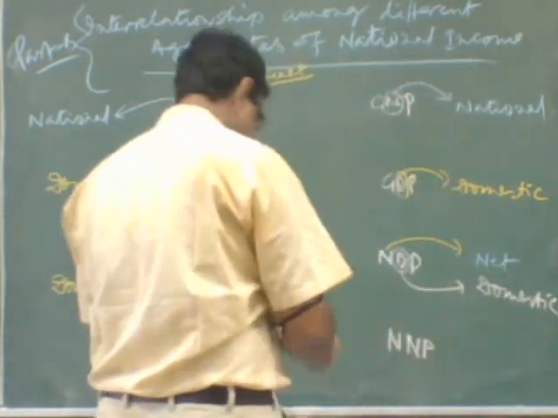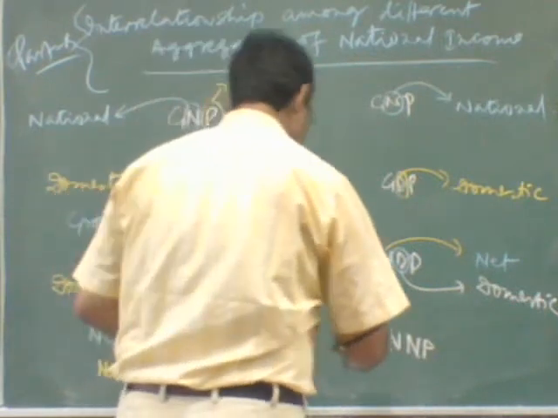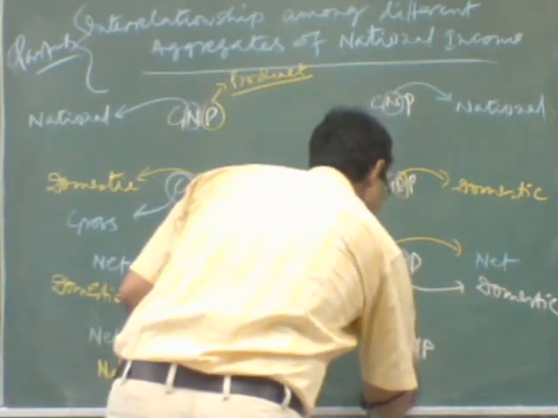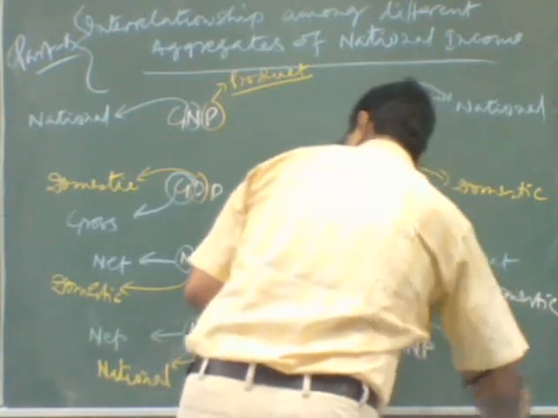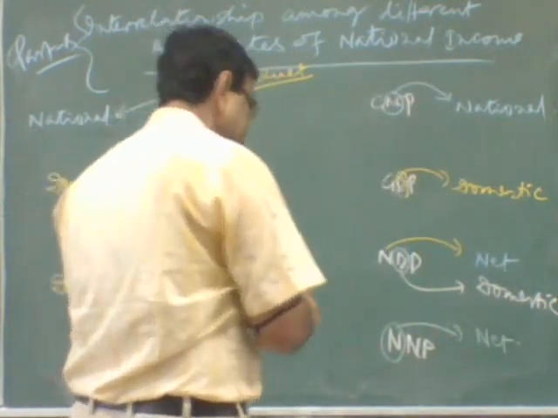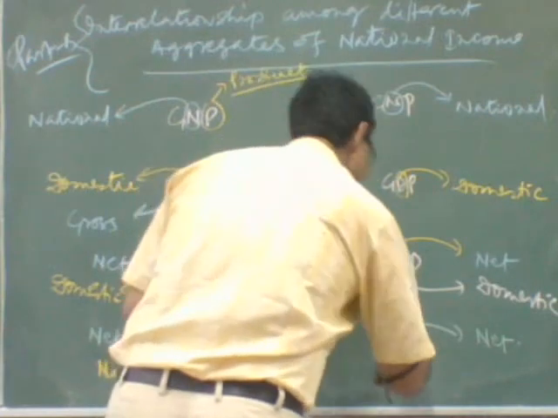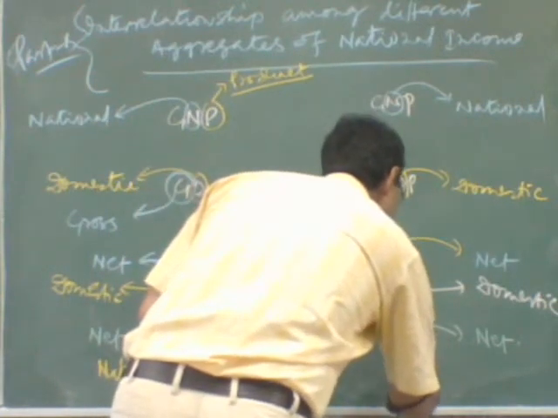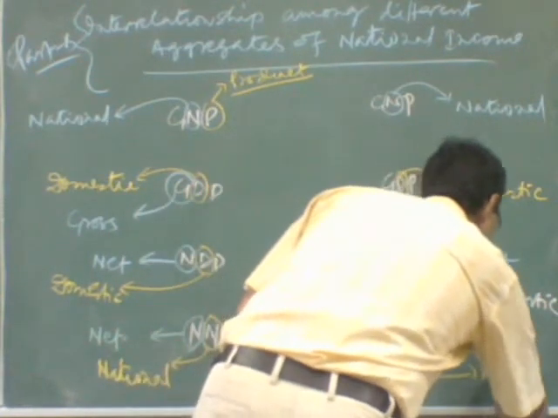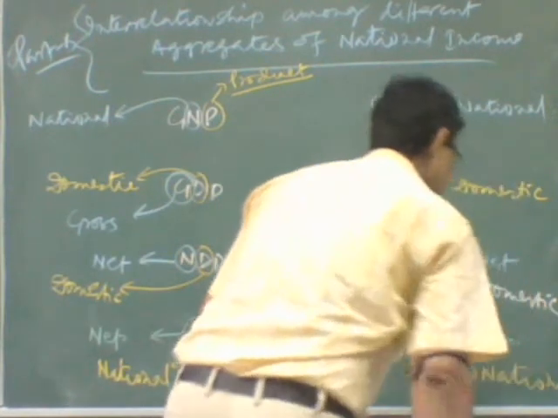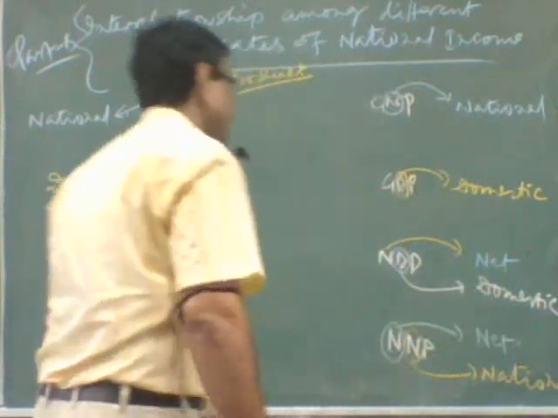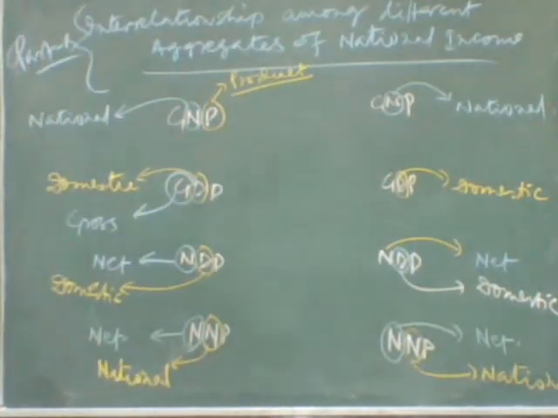Domestic. Here also the N is for net, and this N is for national. Okay? So now I will establish the relation between